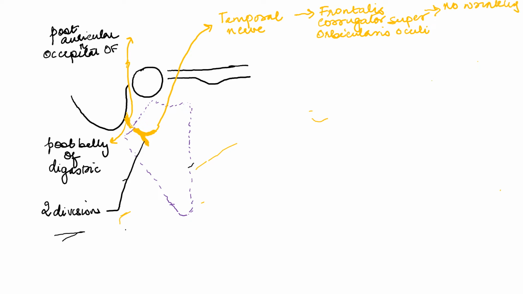So write injury up here, okay? I don't have enough space, I am not able to write it. You write no wrinkling on the skin of the forehead. And if the Orbicularis Oculi gets injured, blinking will get affected. Right? Then the next